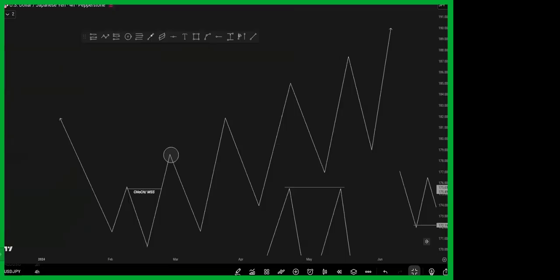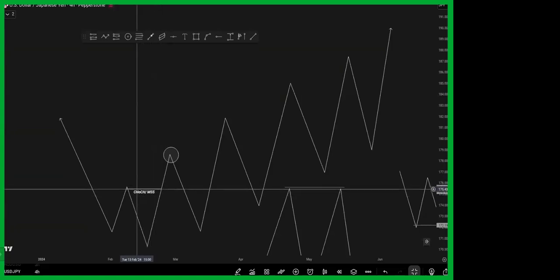Then afterward, that's when we then see your what? Your break of structure. Now, over here is also a break of structure. Please have that in mind. This change of character and MSS that we have here is a break of structure as well. But since it is the first one, it is the one indicating that this is a market structure shift or a change of character. The first break of structure that you will see in a particular trend.